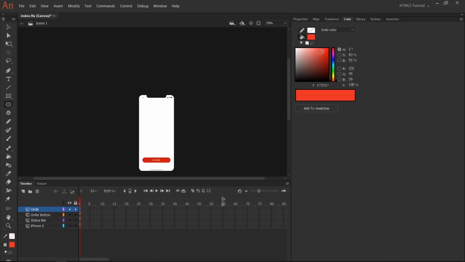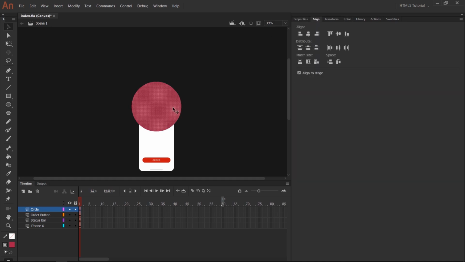I'm going to choose another color, a color that looks like that. I don't know, maybe we'll get something here, it's a bit more reddish, something along this line, okay? We'll select, align to the center. All right, but you can see this is on top of this shape, so I'm going to copy this group